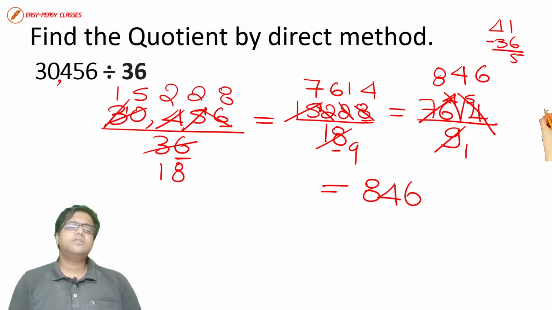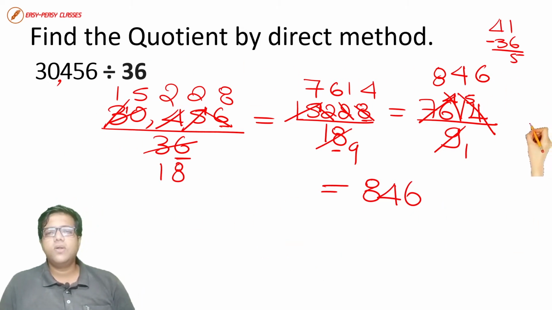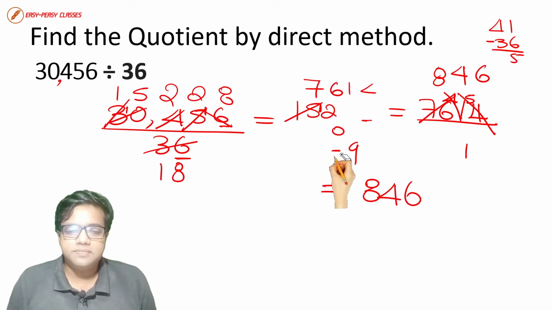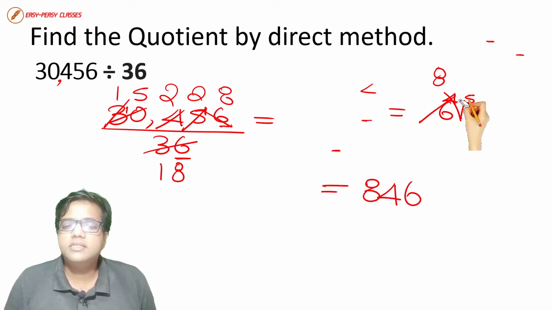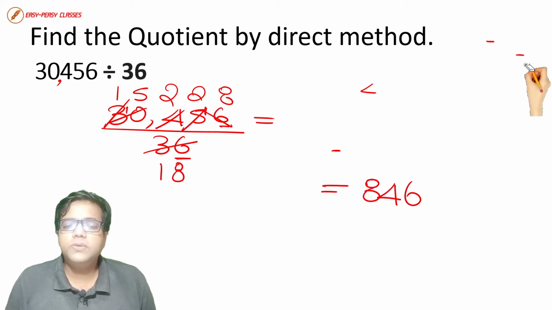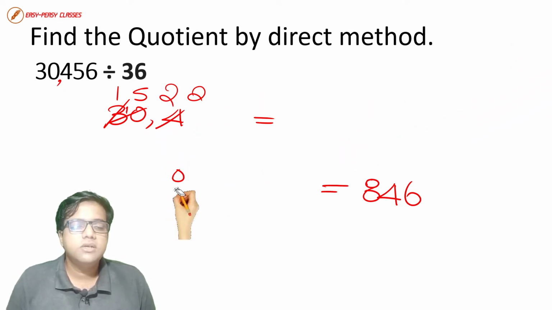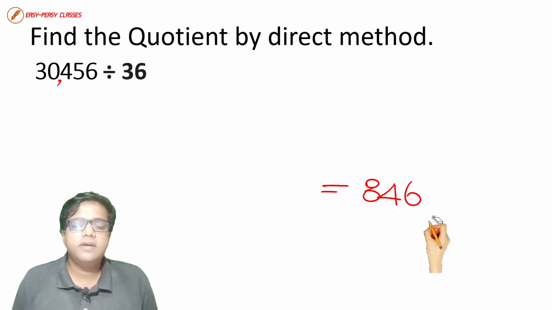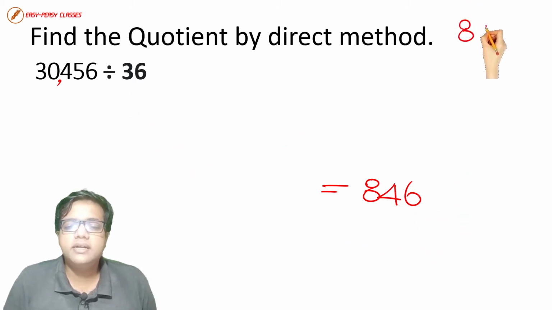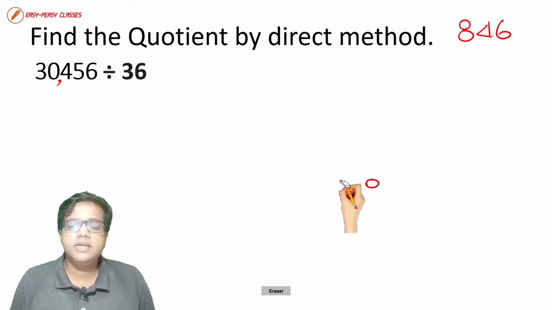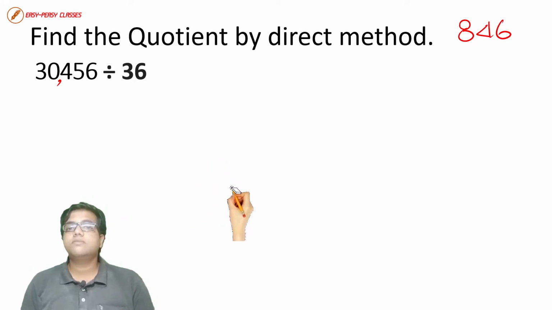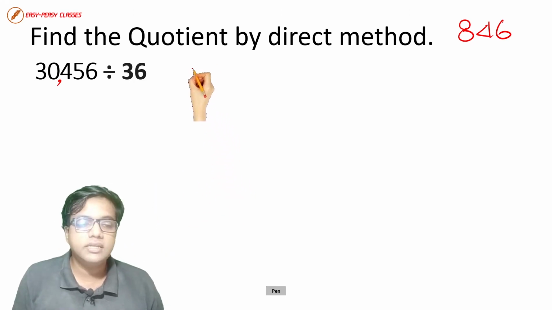Now but this took a long way. You know the divisibility tests, right? Divisibility test from 2 to 11, you know the divisibility test. So why don't you apply the divisibility test for dividing this number? So answer you got it as 846. So let's keep it aside. So instead of dividing by 2, can we divide both the numbers with a higher order number? Let's check that.